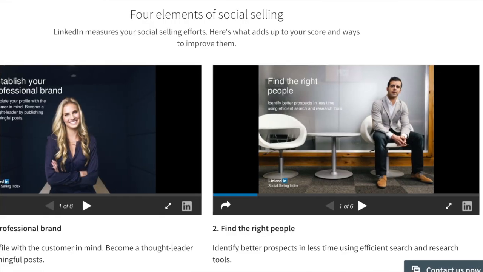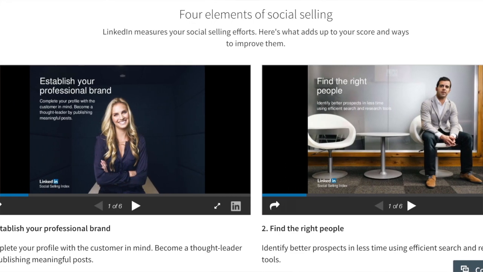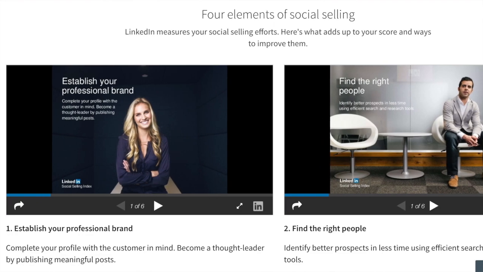Now, this tool, as I said, the Social Selling Index, primarily gives you a response on four elements. Number one is what kind of people you have in your connections, meaning whether you're making the right connections or not. For example, if you're working in the automotive sector, you should primarily have connections in the automotive sector, right?